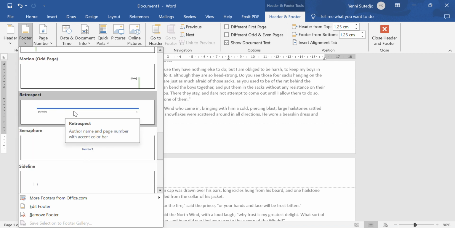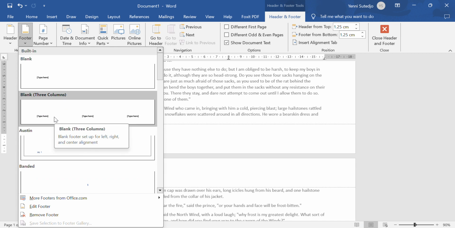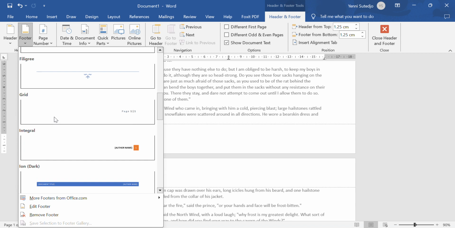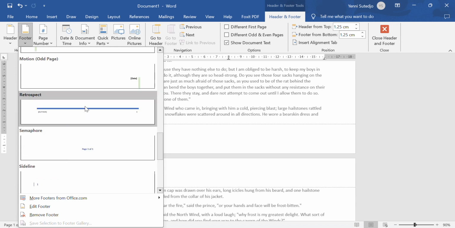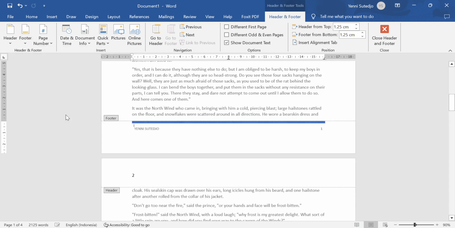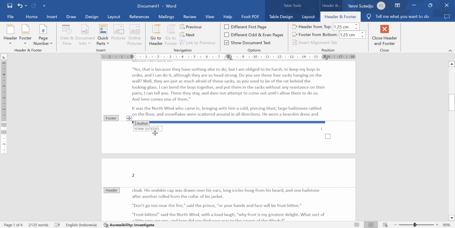No, actually at the beginning I was thinking that I only have the three placeholders, but when I scroll down I can find the one that only gives me two, such as this. So I will click on this one, and if there is a placeholder like this one, it's okay. You just click on it and then delete. And then after that, type the one that you need to type there, which will be author colon